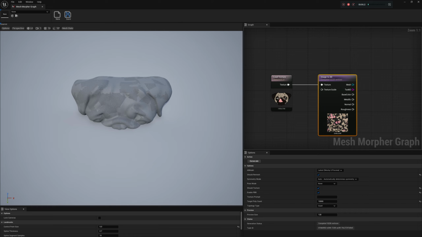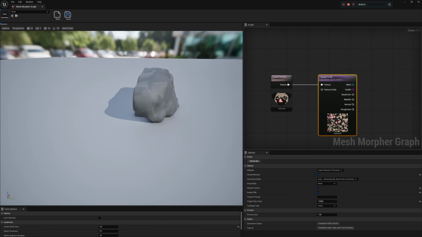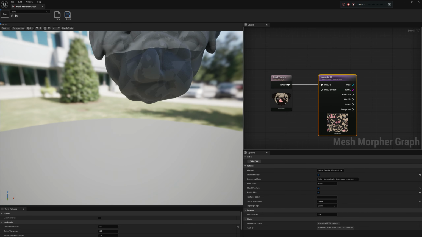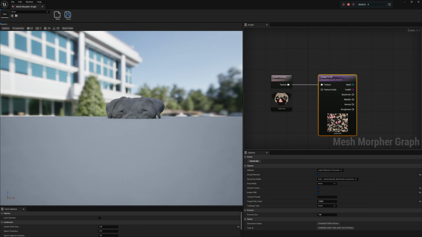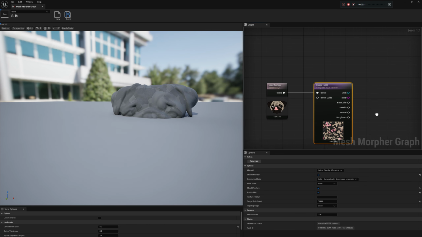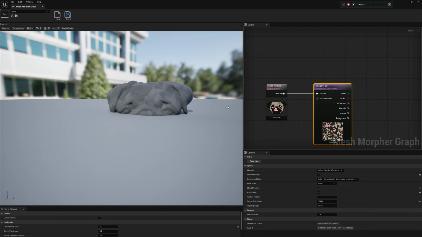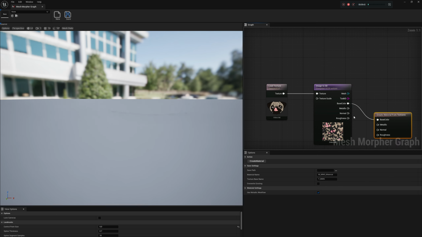Okay, the generation is completed, and we will be able to see our model here. We are just gonna continue with our process here, and we will see that we have here output pins, base color, metallic, normal, and roughness, right? We can create material from these textures, and